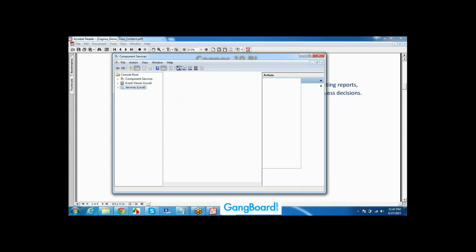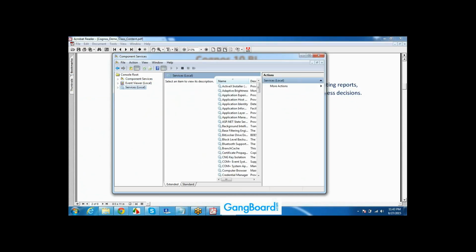Since Cognos is a tool, you need to start that service. Suppose you are trying to open a PDF file. Unless you have Adobe Reader installed on your machine, you cannot open it. Similarly, to work with Cognos, you need to install Cognos first, and after that you need to start the service. I have already installed Adobe Acrobat Reader, that is why I am able to open PDF files. For Cognos, I need to start the service also. It is already started, since I made it automatic.